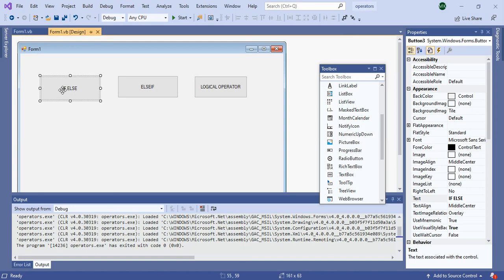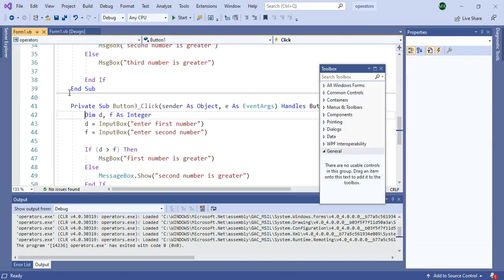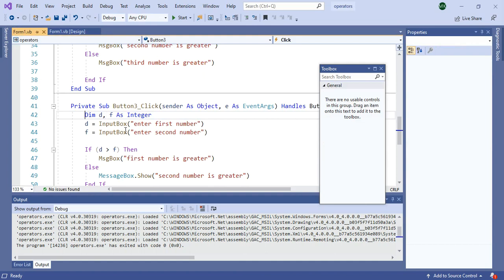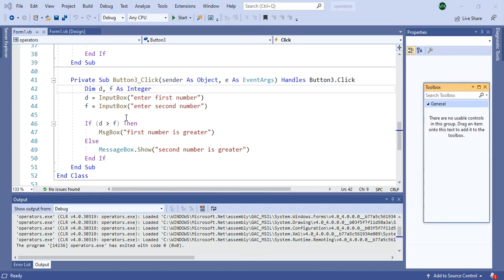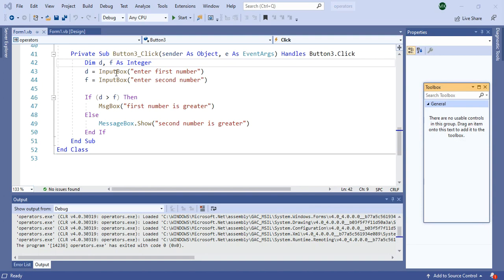So double click on this button, if else. You can see it was my button 3. The if else button was my button 3. So I am clicking on that button.